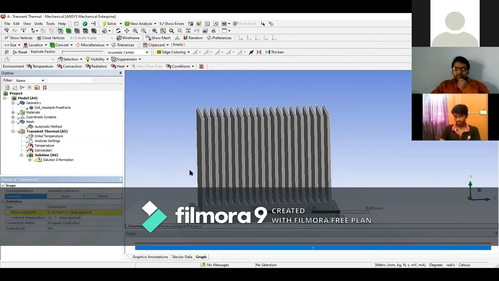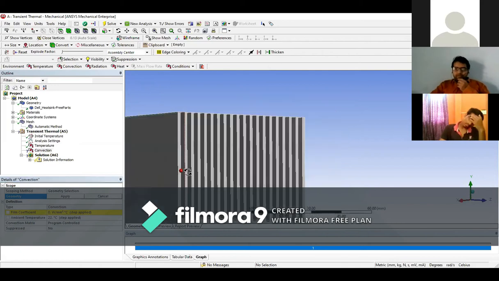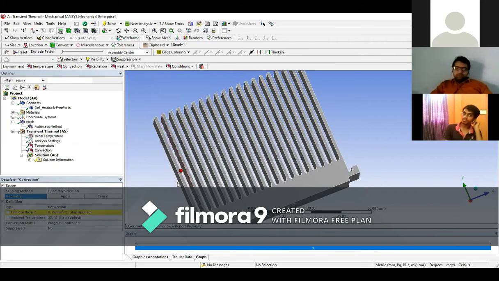So firstly, we will take the convection. Press the control button, then select all geometry, single all geometry we will be selected for a convection mode.